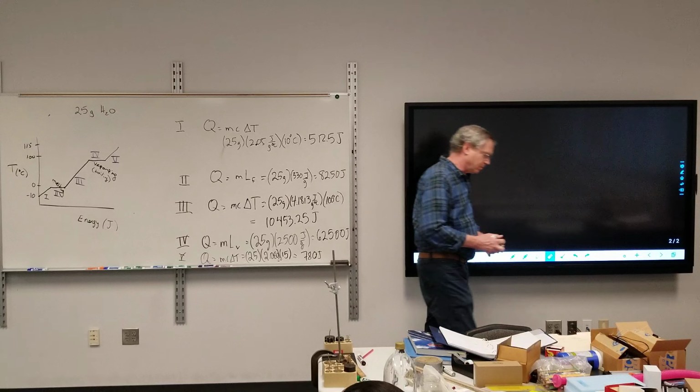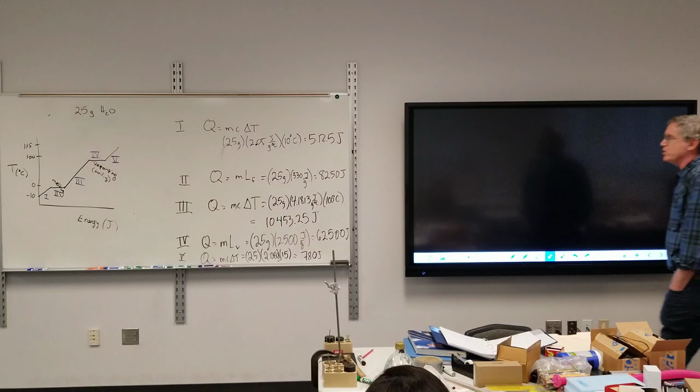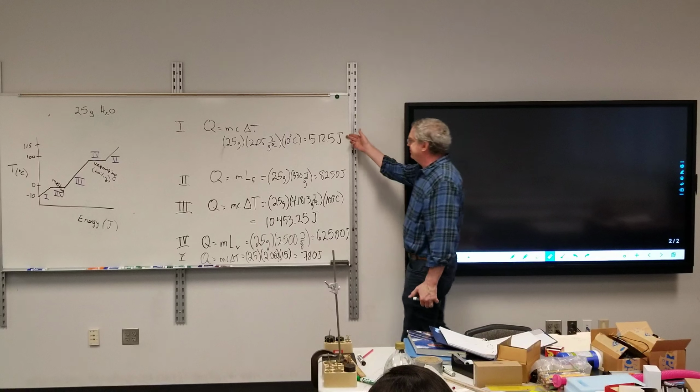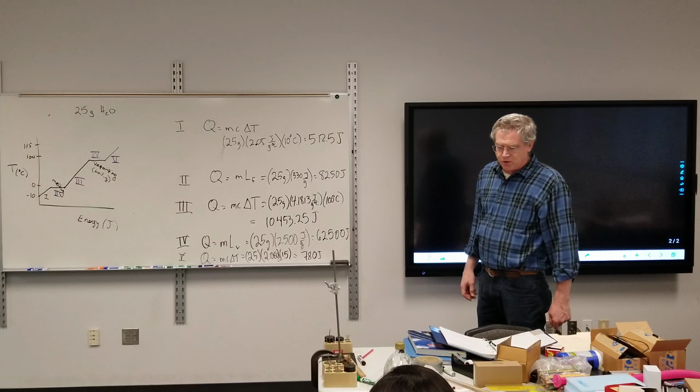All right. So we've now broken it up into parts, but we haven't actually answered the question. The original question is, how much energy does it take to take ice at negative 10 degrees Celsius all the way up to steam at 115 degrees Celsius? Now we have to add. We're adding the amount of energy it takes for each step. And we have a grand total of